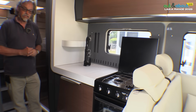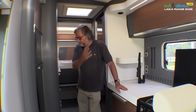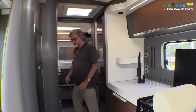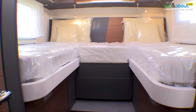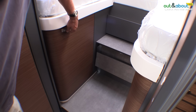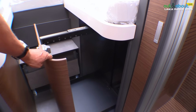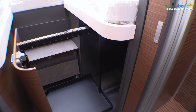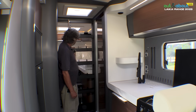Fresh water tank is 200 litres and wastewater tank 150 litres. Once again, there's a flat floor throughout. A spacious end bedroom with pull-out storage under each of the beds. I think this must be a giant shoe rack as well,